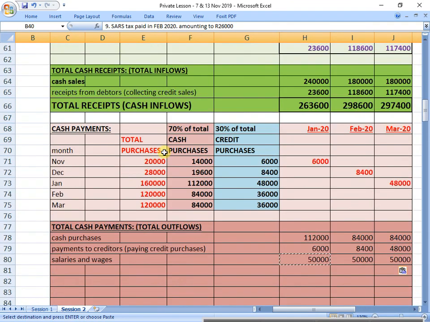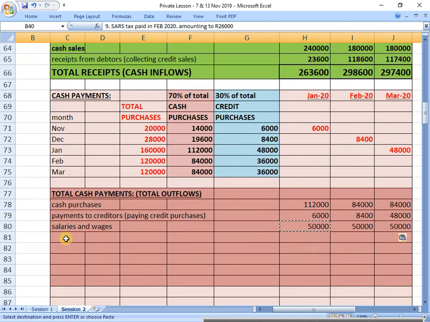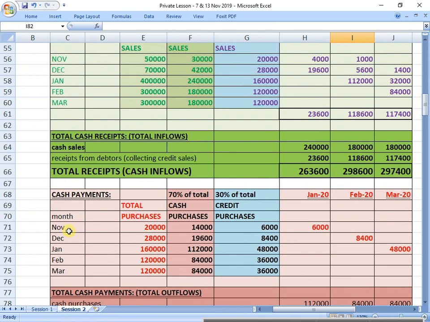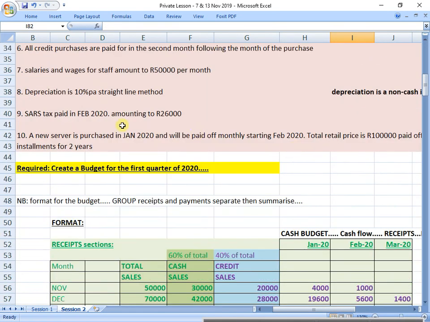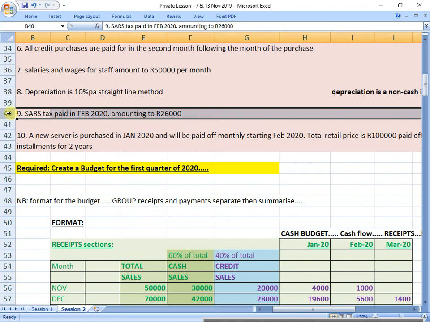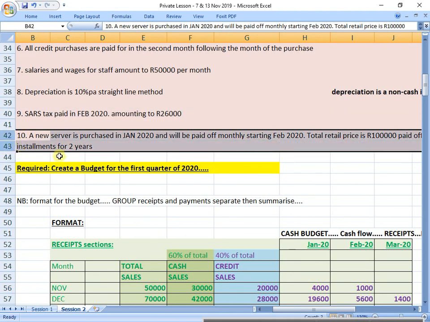When do I pay that? In Feb. Tax paid. It was 26, yes? 26. Okay, the receiver of revenue, you have to pay the receiver 26,000. Right, and then the last one, a new server is purchased in January and will be paid off monthly